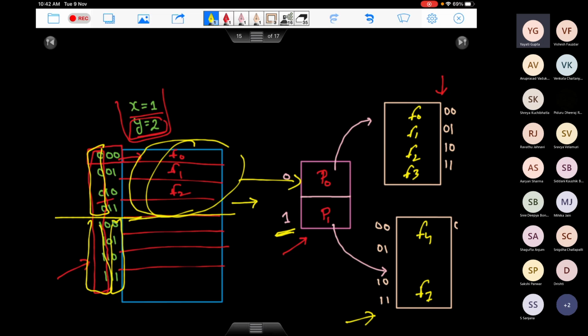And now the question is, why are we doing it? Why are we making it even more complicated? This page table, this array, looks so simple. Corresponding to each page, it tells me the frame. So once I know the page, I can directly access which frame that page is sitting in. So why do I complicate this with the help of multiple arrays and pointers? Any ideas? Why would someone want to do this? What am I accomplishing by doing this?